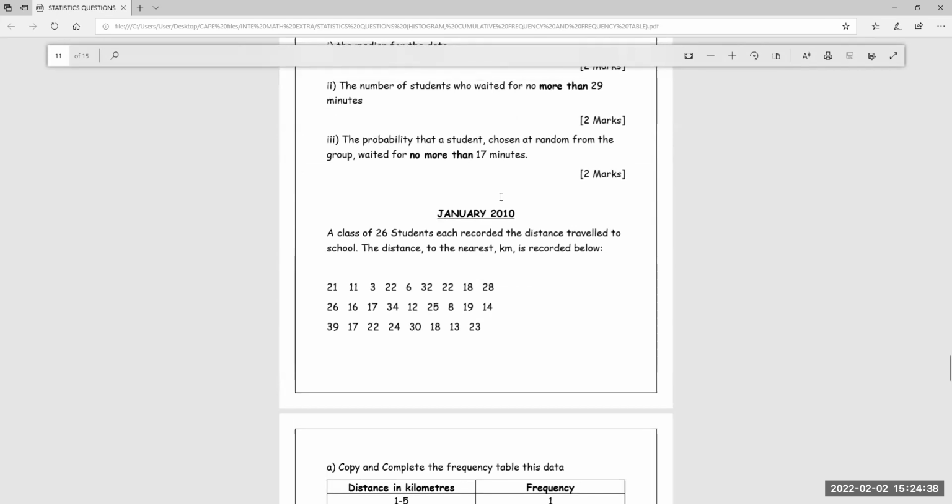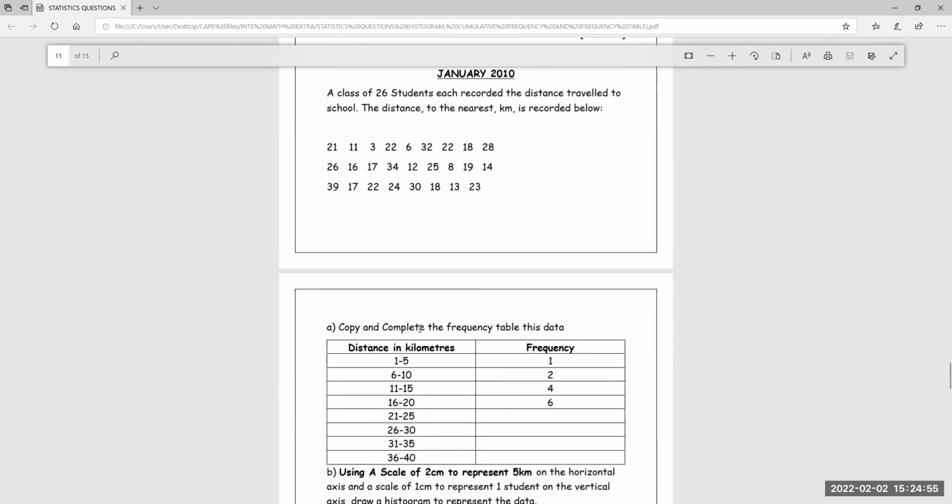All right. Yes, this question. Yes. So this is your question to do. These are actually CSEC questions, but they do take questions from CSEC straight from the textbook in statistics, when it relates to histogram. So no problem. So this says a class of 26. All right, so that's the question. Copy and complete the table. So the first part is frequency